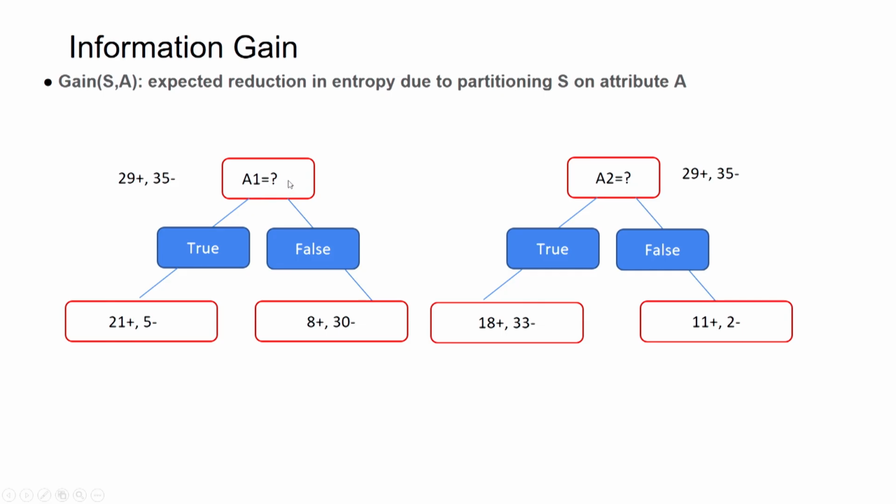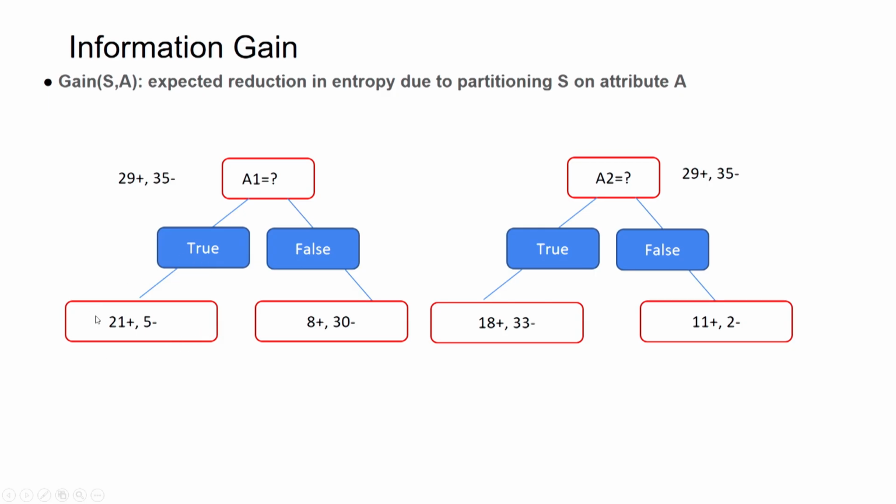Suppose it is a categorical variable that may have red, green and blue. In that case this node will be divided into 3 sub nodes: one corresponding to red, another corresponding to green, and then the next one. Based on that we will divide the node, but here we are considering that these attributes are categorical attributes. So, when we split this node using A1 and also using A2, suppose after splitting through A1